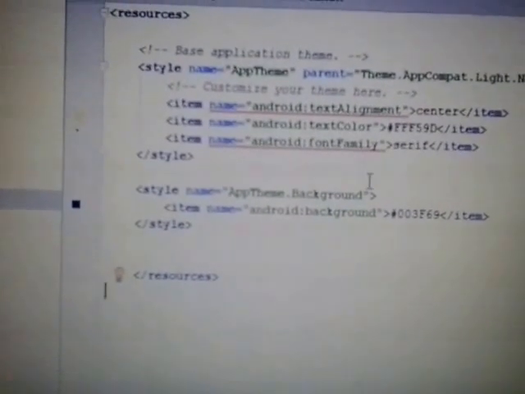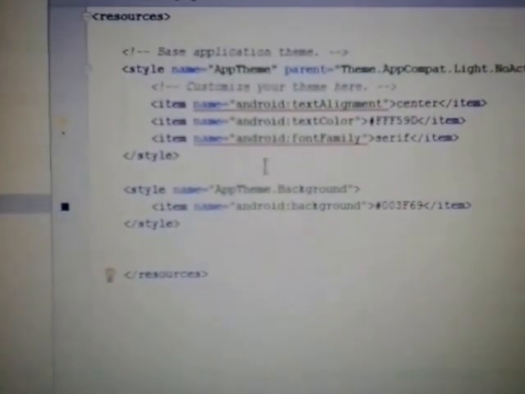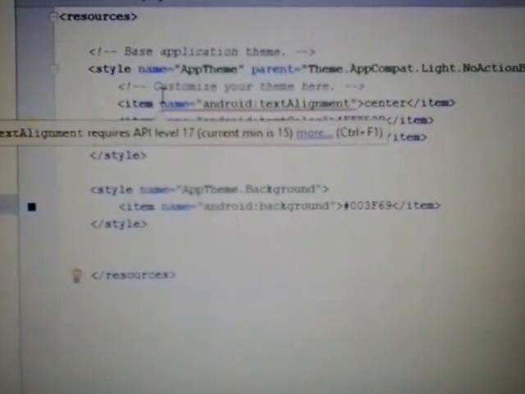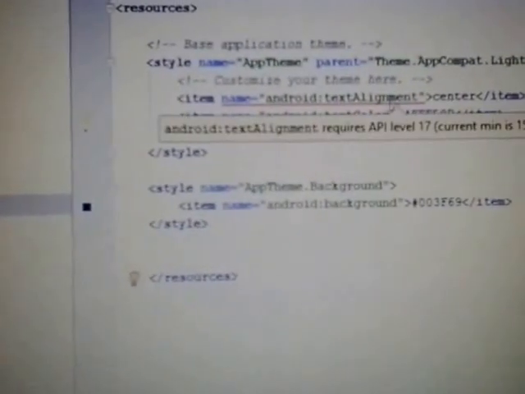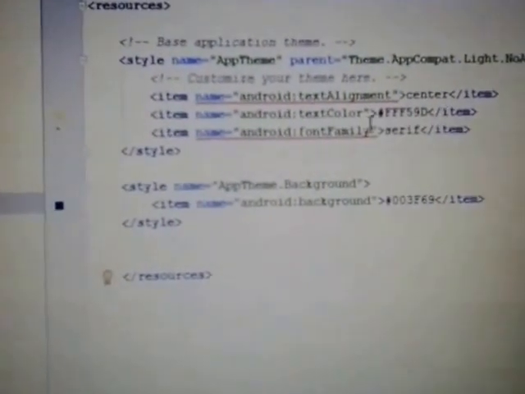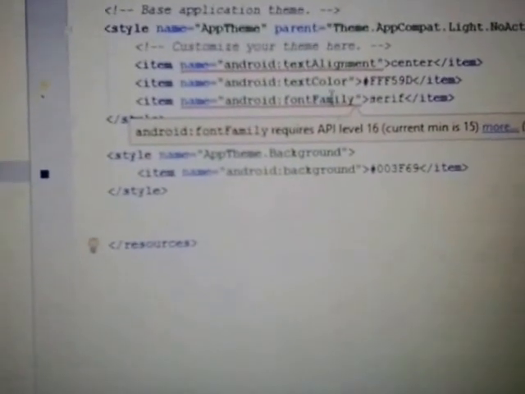Basically this sets some kind of standard attributes that I can use later without typing all the attributes by themselves. So what I made was a first style group, which included the text alignment option, centered, the text color, which will be the same for all the text views,